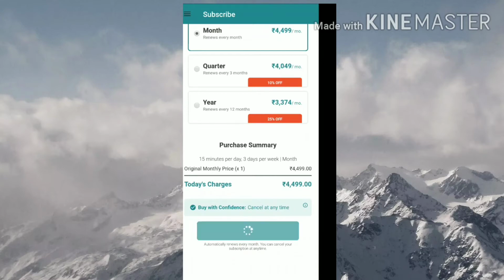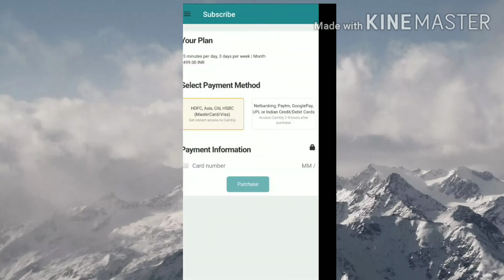When you subscribe, you will have an option like this. It is saying that 15 minutes per day, 3 days per week for a month is 4499 rupees.